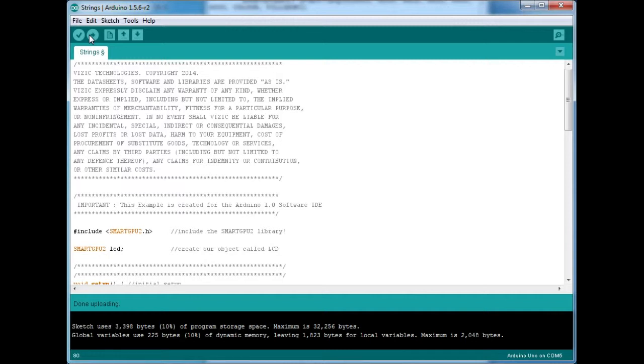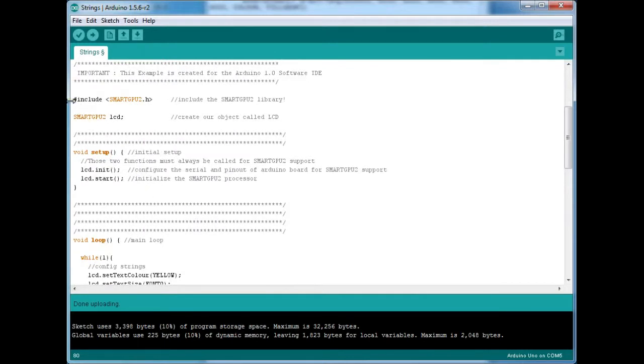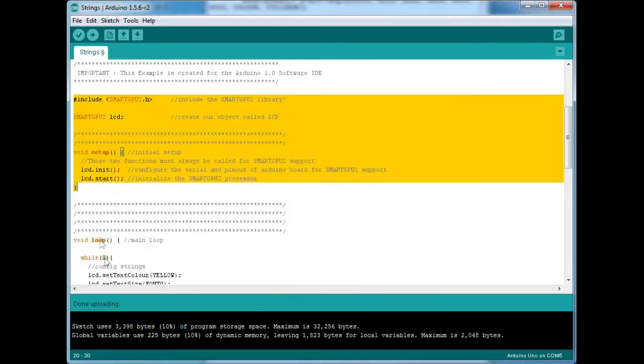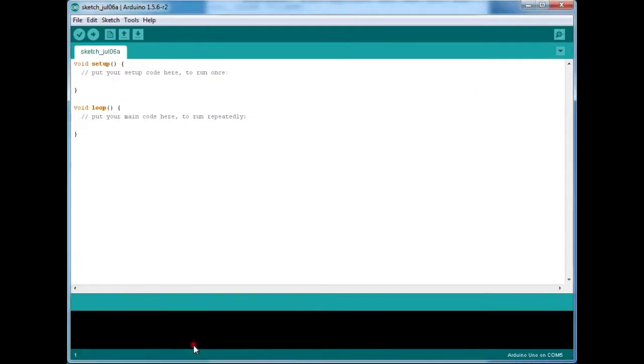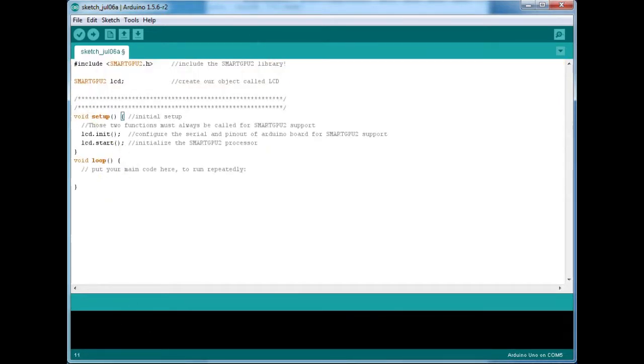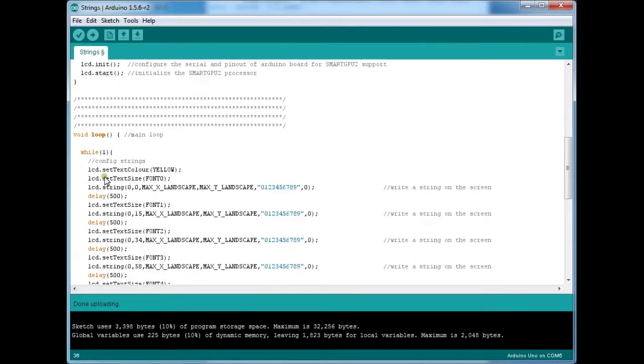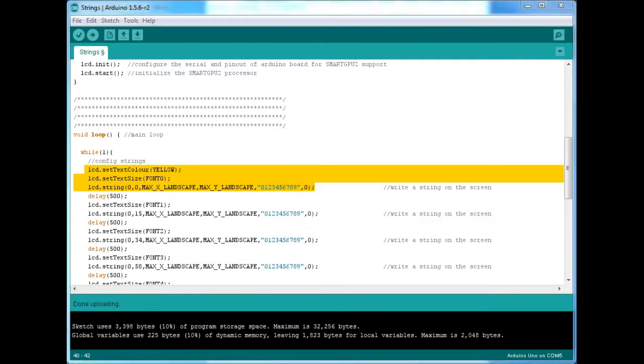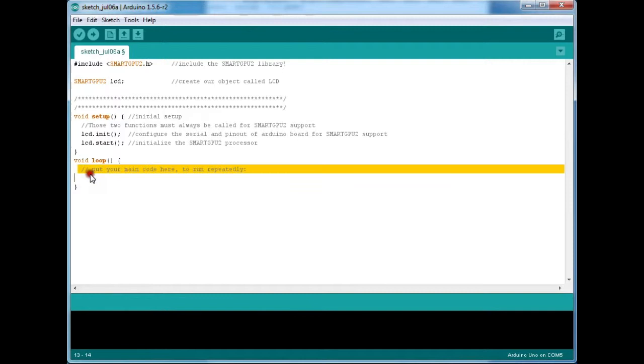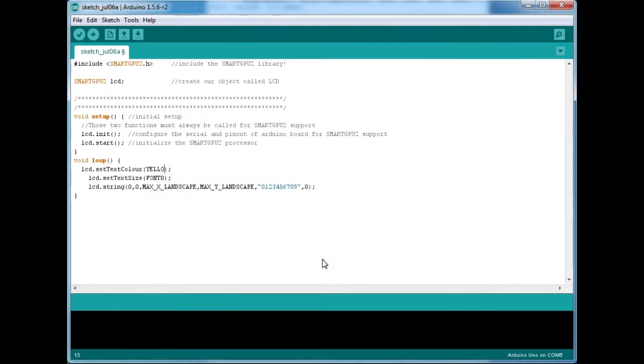Now let's type a program of our own. So I'll be needing all these things in my new program. Okay, my new program, void loop. Okay, I need to set the text color. I need all this. Okay, I want to write my string in red color. Font size shall be 5.